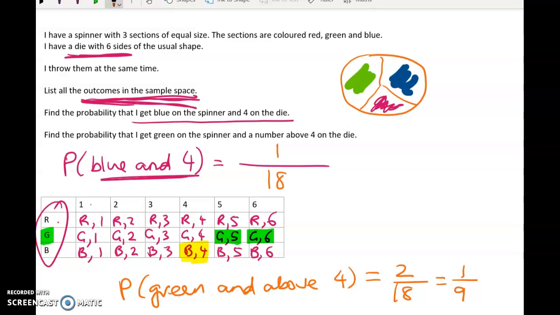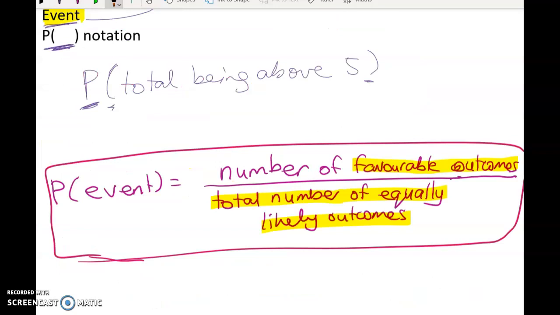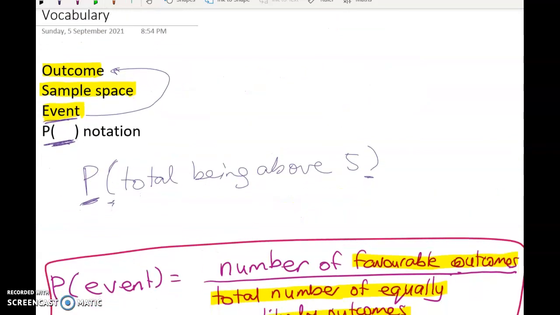So all of this stuff is called working out theoretical probabilities. And what you should know by now is how to draw a sample space diagram and how to use this formula here and how to use this